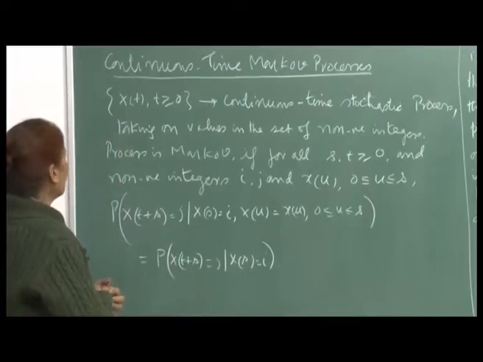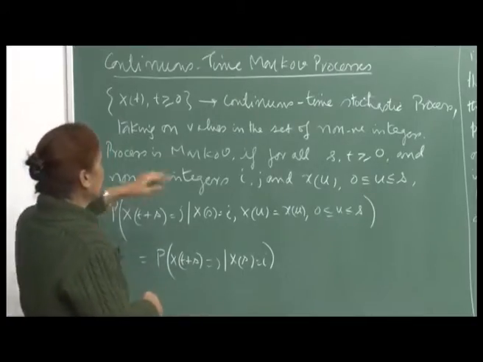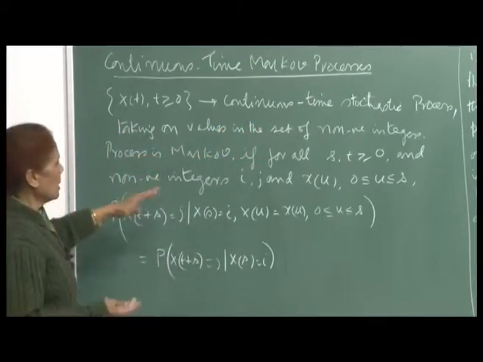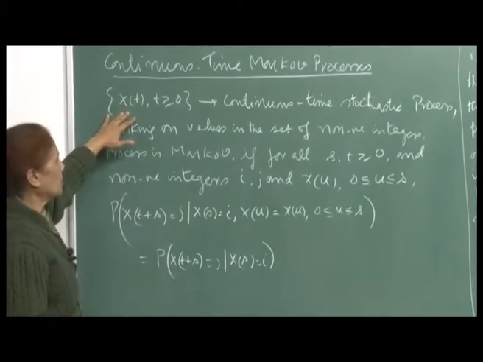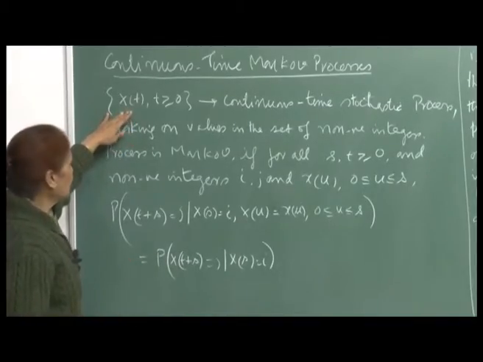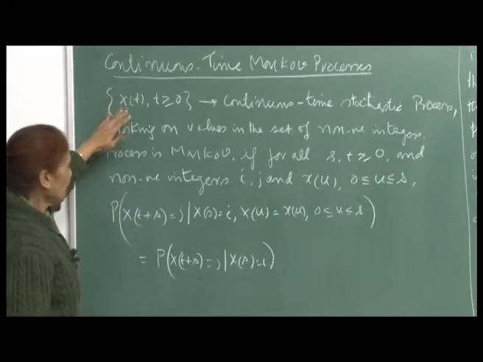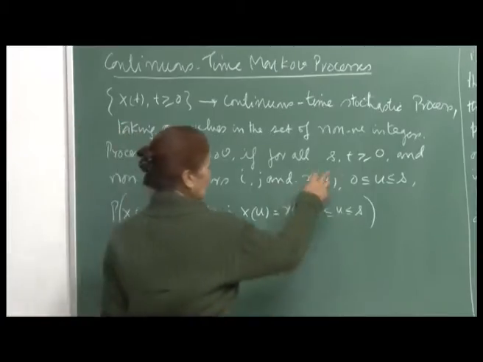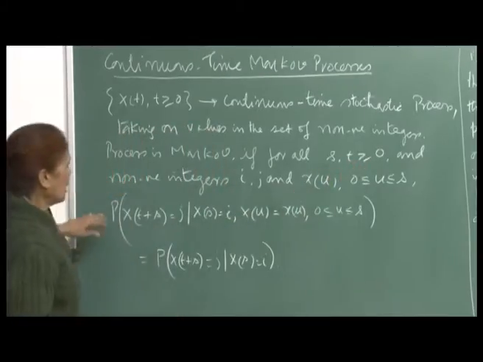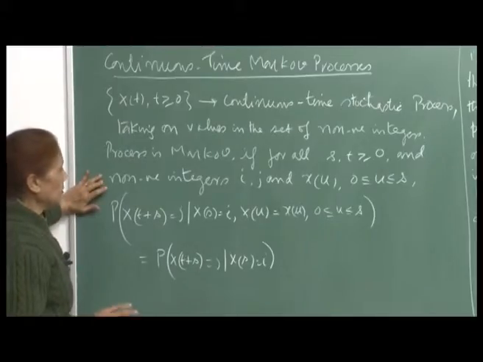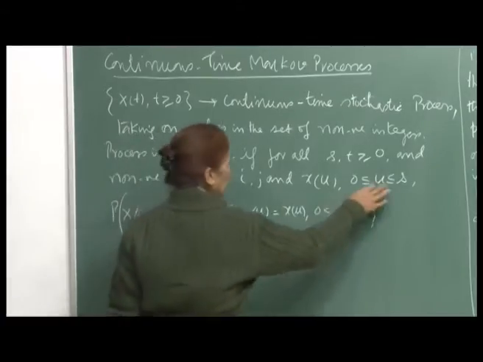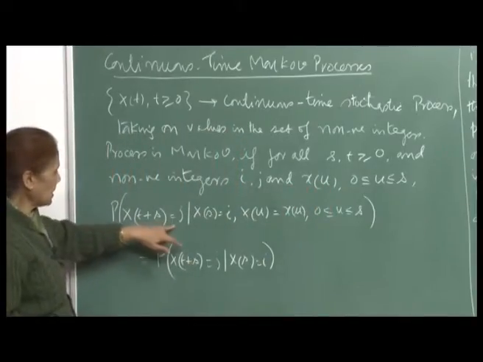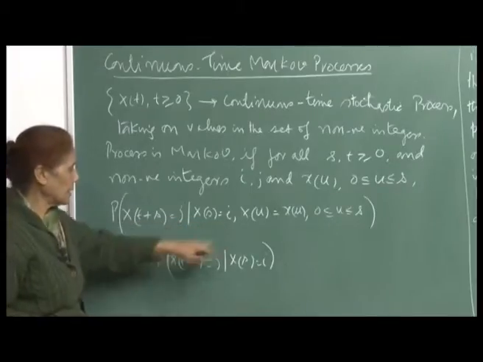We say a continuous time stochastic process taking on values in the set of non-negative integers, which can include 0, is a Markov process if for all s and t and non-negative integers i, j and x(u), where u is varying between 0 and s, the probability that X(t+s) is j, given that X(s) is i